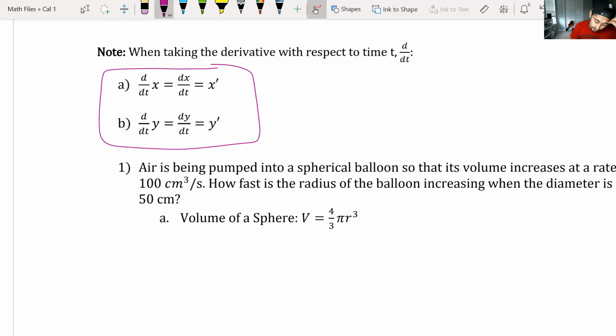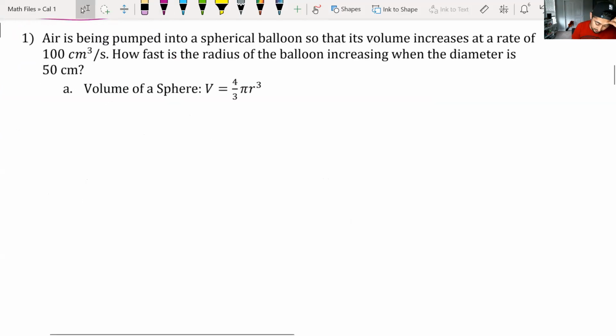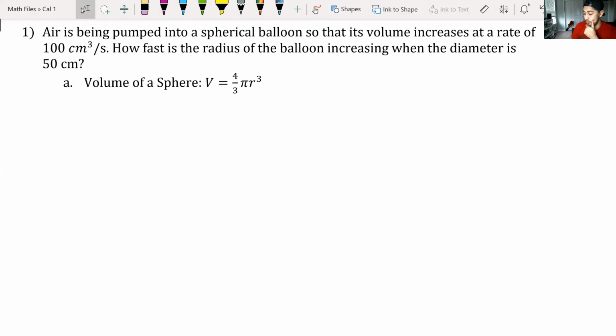Okay, so let's try this out. Number one. Air is being pumped into a spherical balloon so that its volume increases at a rate of 100 centimeters cubed per second. How fast is the radius of the balloon increasing when the diameter is 50 centimeters? Okay, so for this one, we need to know the volume of a sphere because we want to know how fast is the volume